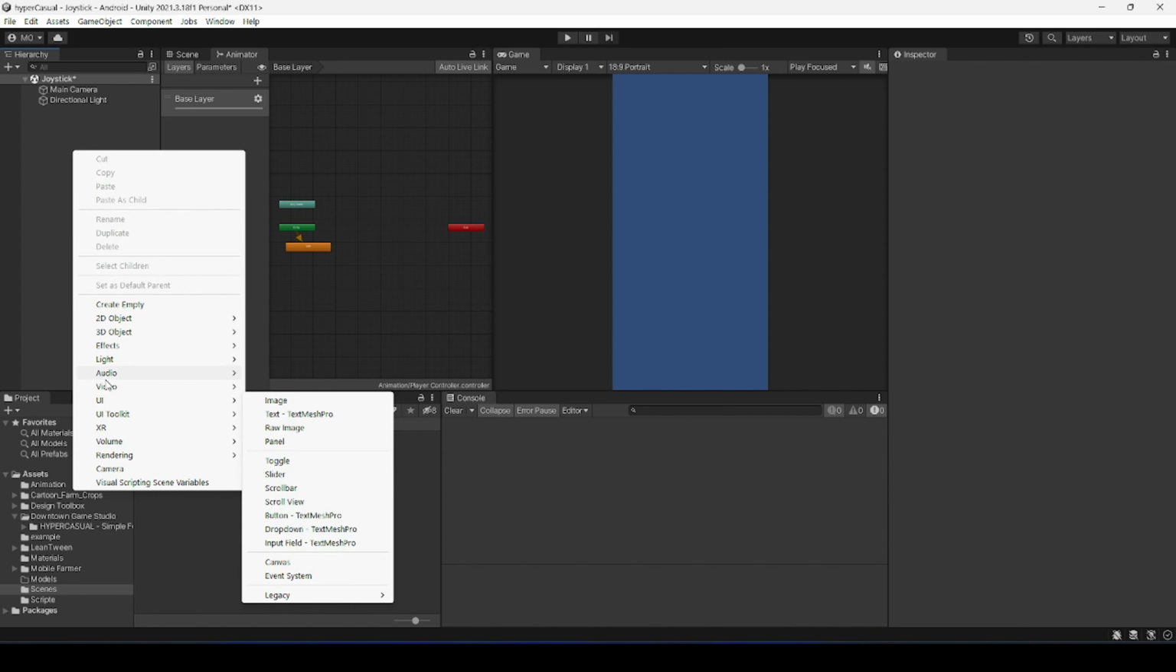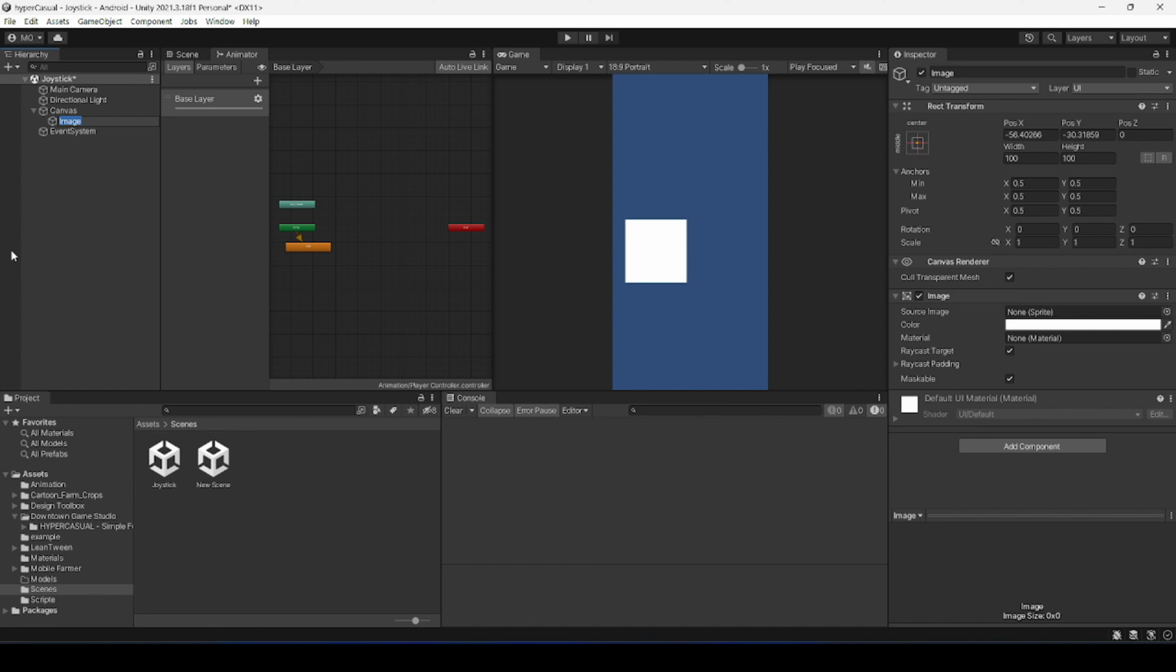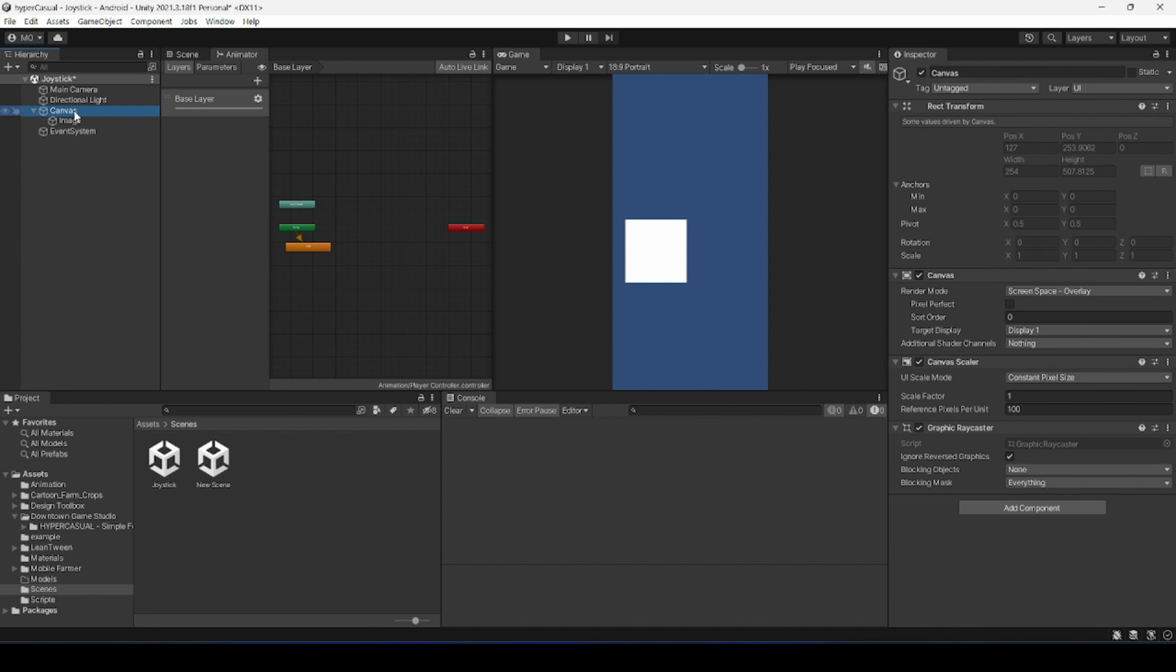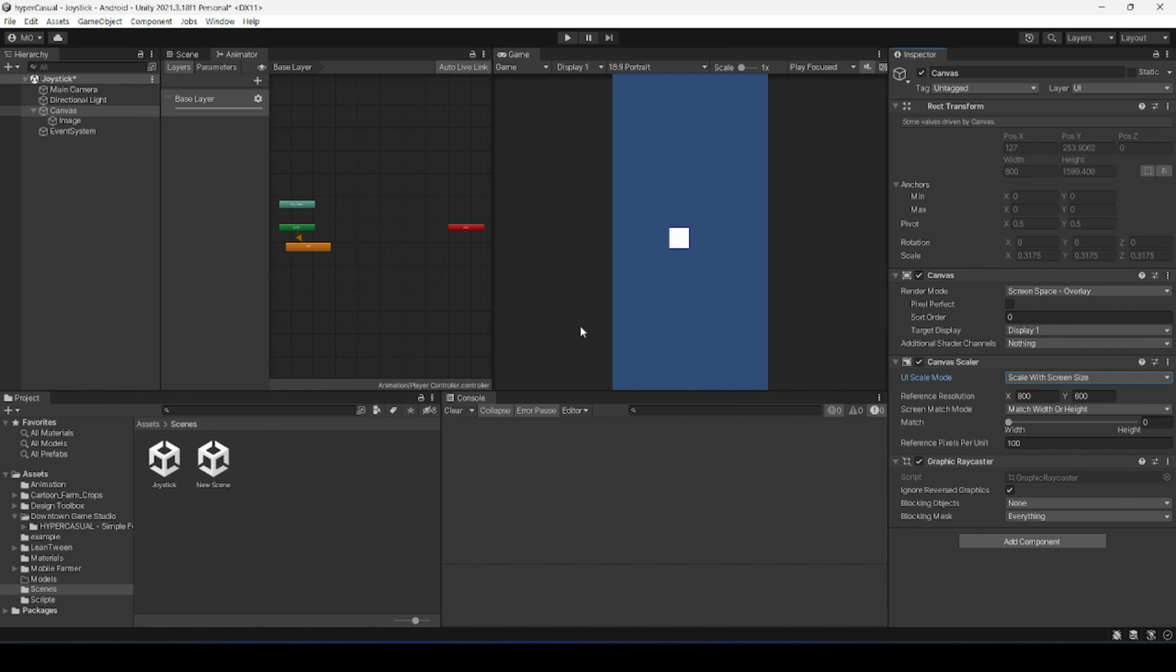Okay, let's go to UI and image. As you can see, Unity automatically created a canvas. A canvas is a Unity game object that contains all the UI of our game. Okay, so let's go to our canvas and change some properties. Let's make it scale with screen size, and because we are working in a portrait resolution, let's make it